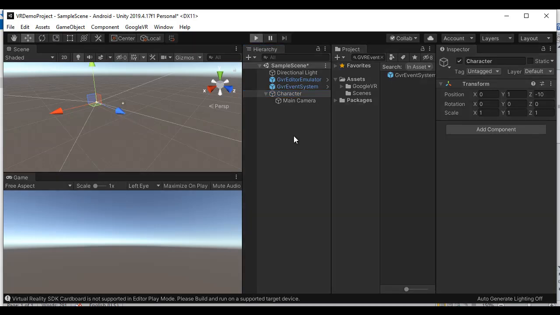If I click on the play button, you see that the camera stays in its place, right? The camera is not moving to the world origin, right? So that is how you make the camera stay in its place. You just create one empty game object, make the main camera the child of the empty game object, and select the empty game object, go to the game object menu and say center on children.